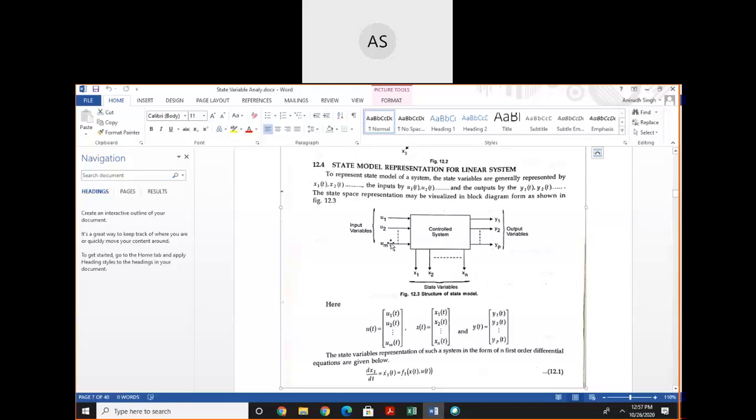To represent a state model of a linear system, the state variables are generally represented as follows. These are the inputs u1, u2, up to um. These are the input variables,